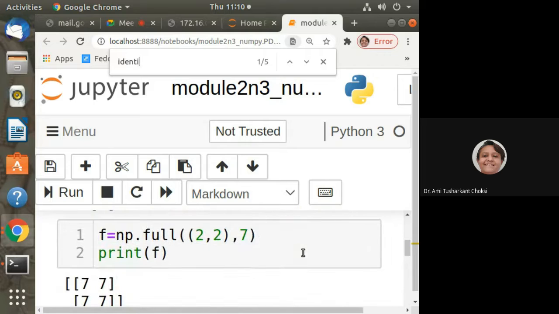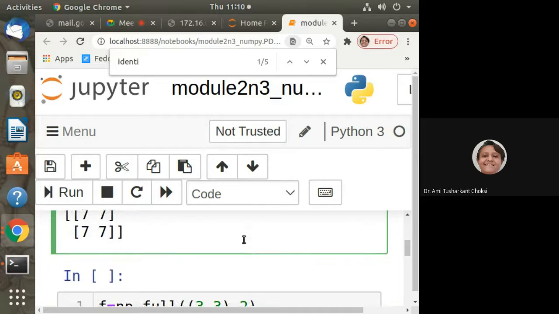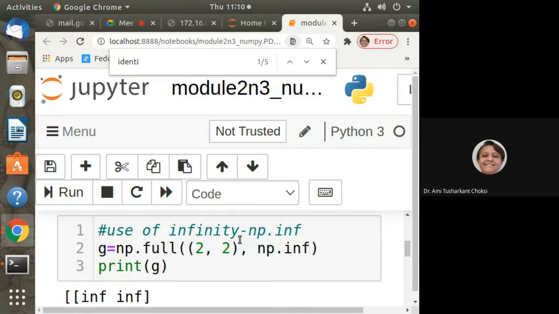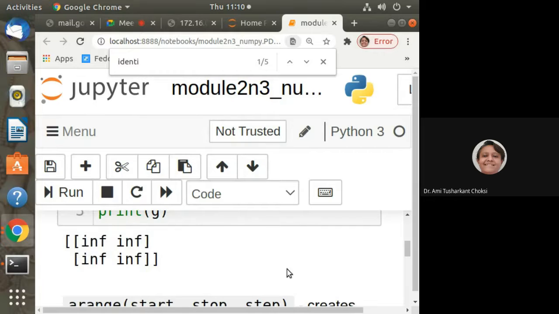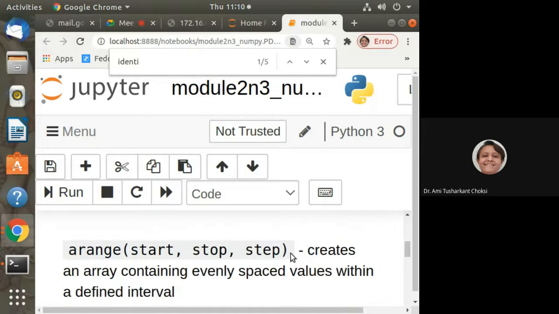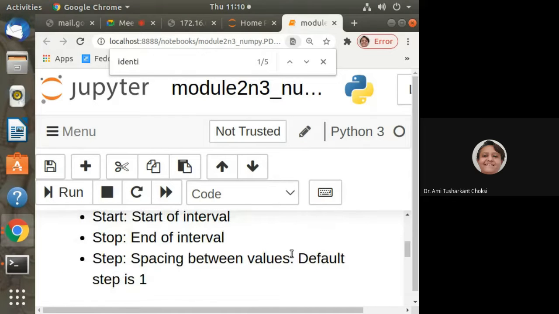We have seen the fill value, in that if we want to provide any particular value diagonally. And this one also we have seen, that is full. If the whole matrix we want to fill with a particular value, we can use full. For inf, we can use np.inf. This is what we have seen yesterday.